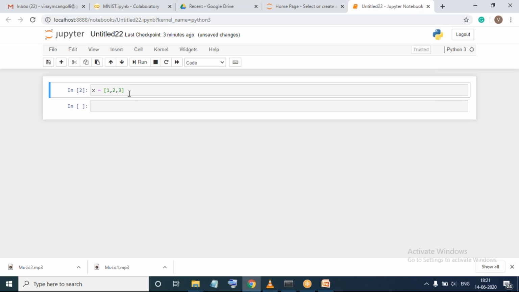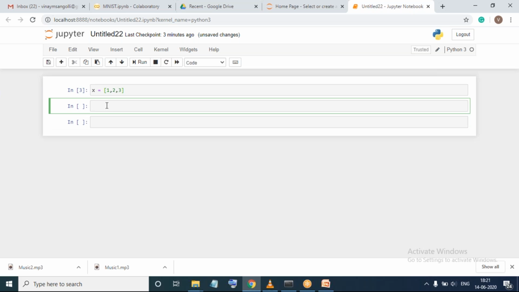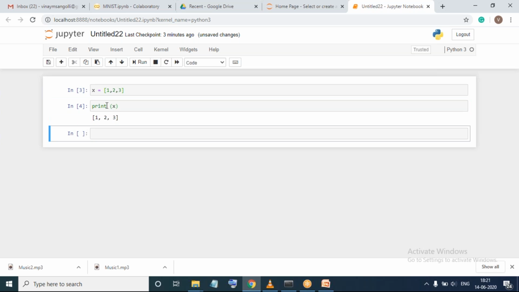Now I want to execute this particular cell and also create a new cell. Then there is one more shortcut called Shift Enter. Now I have pressed Shift Enter. You can observe it has been executed thrice and it has moved to the new cell. Again, I will press Shift Enter, and you can see a new cell has been created. Now I want to check what is inside this x. So I will say print x and press Shift Enter. You can see that the value of x has been printed. So this is how you can run your cells.